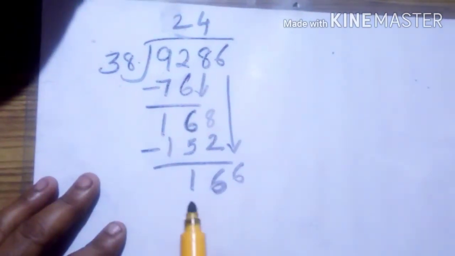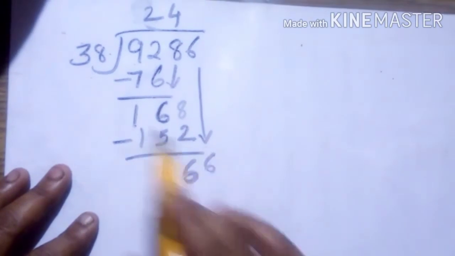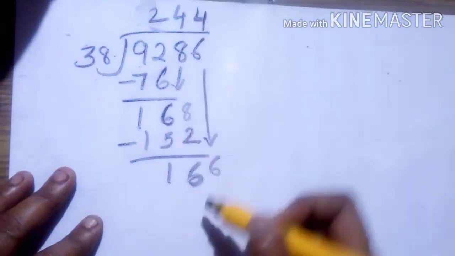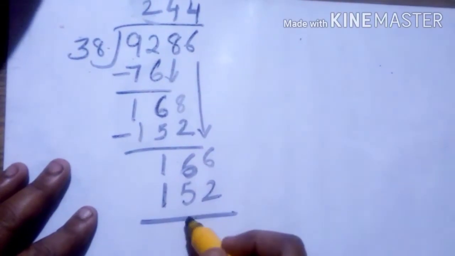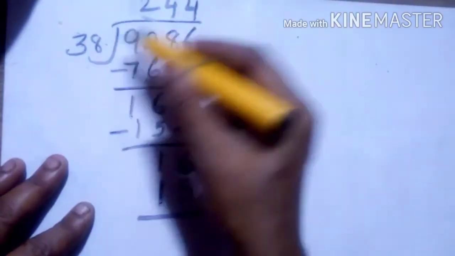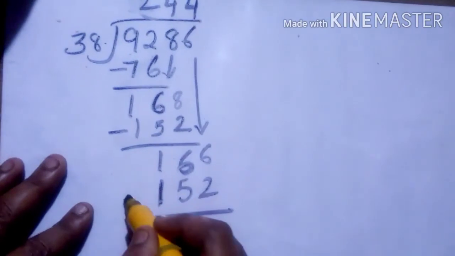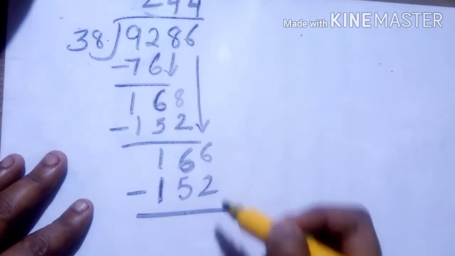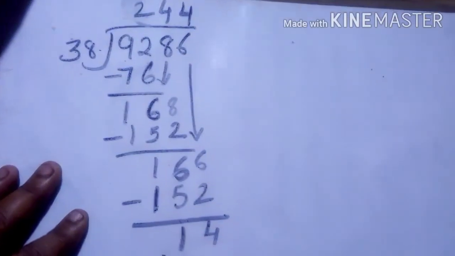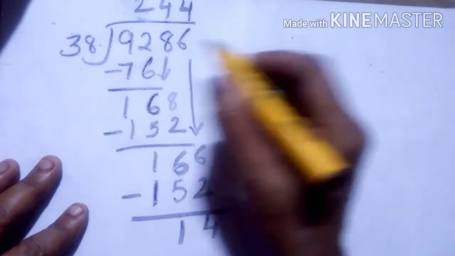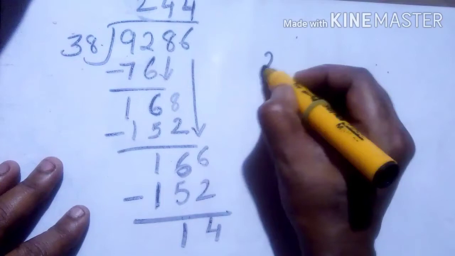Okay, now you have to check again. So it will be the same, 38 into 4, which is 152, less than 166. 38 into 4 is 152. Minus: 6 minus 2 is 4, 6 minus 5 is 1. So you get 14. Now you have to check. So here the quotient is 244